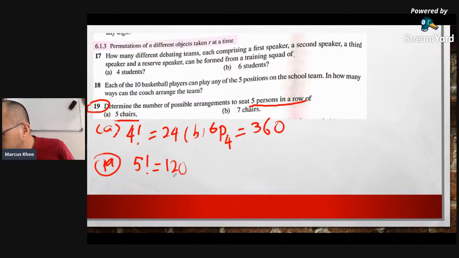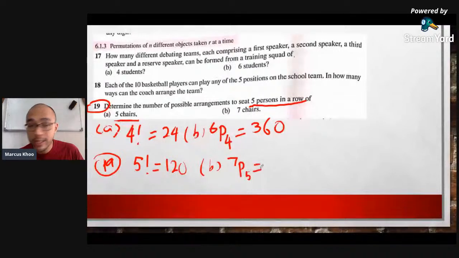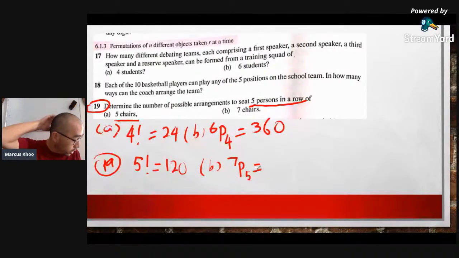5 factorial will give you 120. But in case B, it's different. You have 7 chairs, but I only have 5 people. So I only want to pick 5 chairs, and I want to arrange the 5 chairs. So 7 chairs, pick 5. So 7P5 will give us